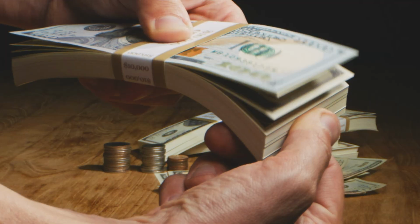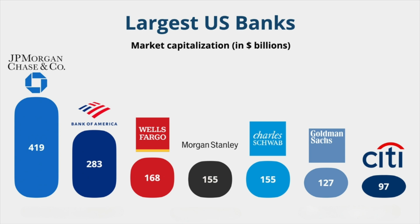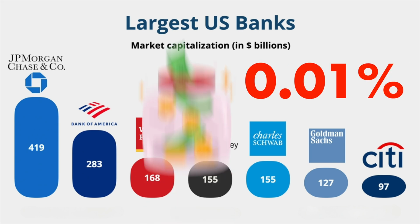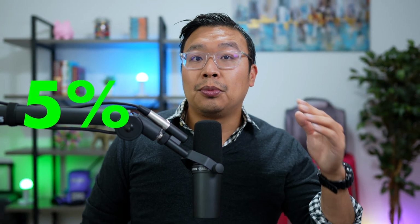You're leaving money on the table if you're not using the right savings account. A typical large brick and mortar bank offers a 0.1% interest rate when you have money in their savings accounts, which will lose purchasing power over time. While the ones we talk about today will at least offer an attractive 5% interest rate, which will keep up